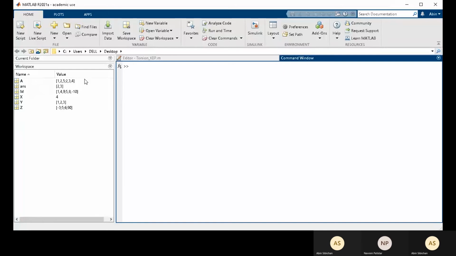Okay. So now what if I have to start another set of coding? I want to delete whatever is in the workspace. The command we'll use is clear. Once we press clear, everything in the workspace will be deleted, and it clears the memory. Then we cannot access any of the variables that we had defined. Right now, if I try to access A, MATLAB will return that it's not defined, because we have cleared the memory. There is no A.